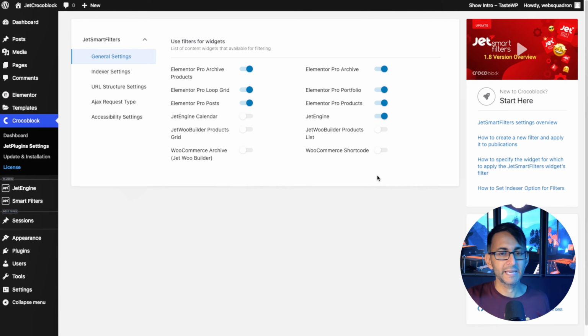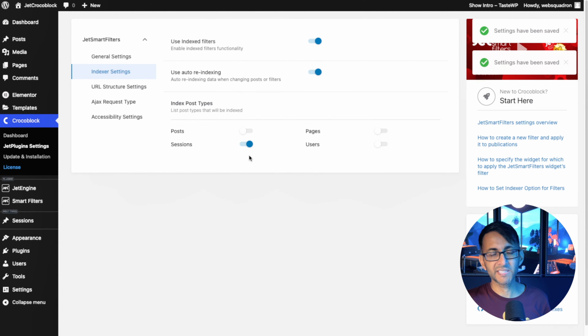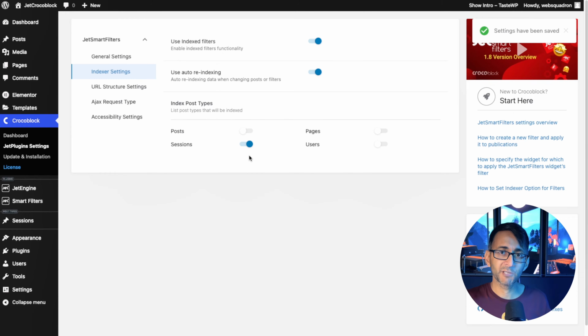yet on here. The indexer settings should be activated for indexed filters. Basically, this means that every time you add an item, it sorts them out within the backend tables. I'm also going to apply auto re-indexing. By the way, even though I've got that on auto, I like to click a button that says redo the indexing as a force of habit, and I'll show you that when we start building out the filters. I'm also going to activate sessions down here because that's the post type we're touching at